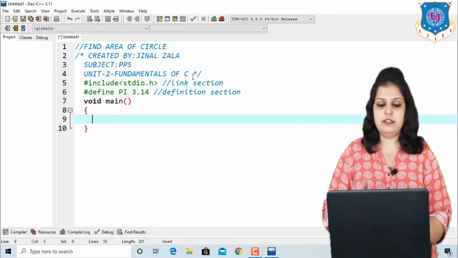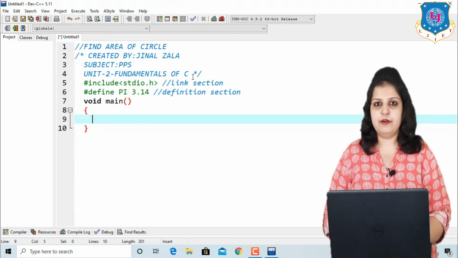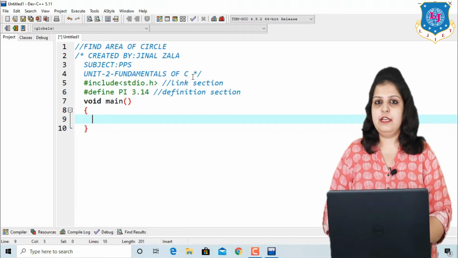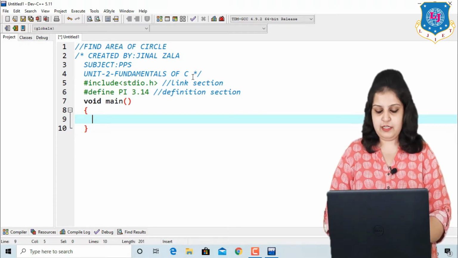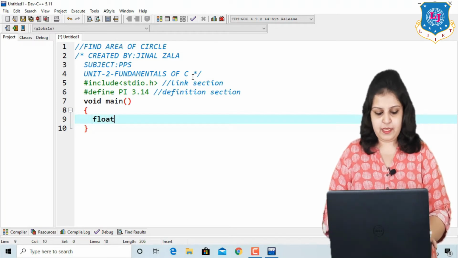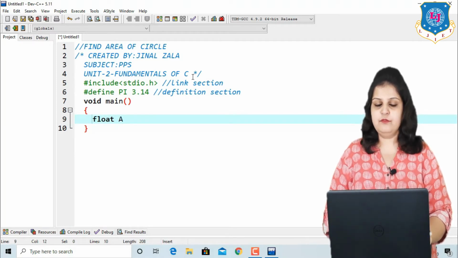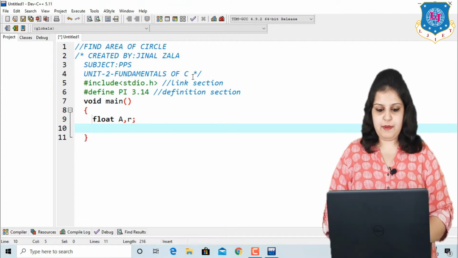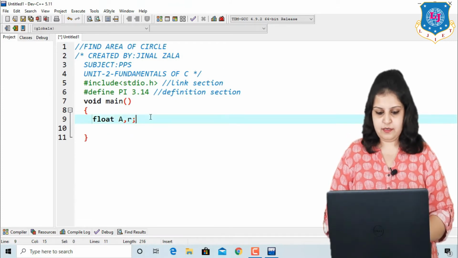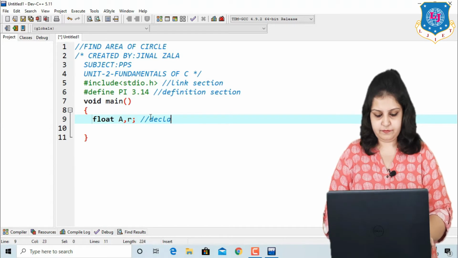Here 3.14 is a real number, pi, so it is possible that our answer is a real number. So take the data type float and declare the two variables. First is a for area and r for radius. Then this part is called the declaration part.